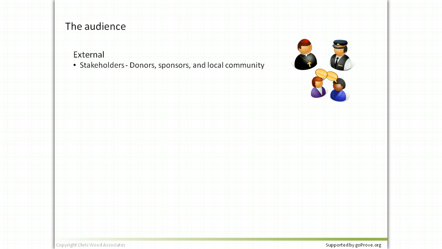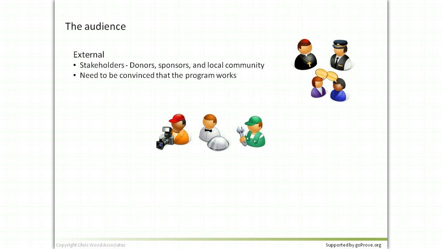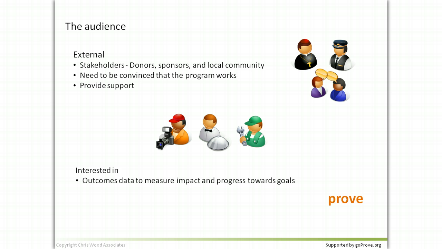Another audience you might want to consider is the external or stakeholders. These will consist generally of the donors, your sponsors, local community even, or perhaps volunteers. They need to be convinced that the program is actually working. In return, they will be looking to provide support or even additional support. For them, you need to prove that the program works, and in general, this group will be looking for outcome